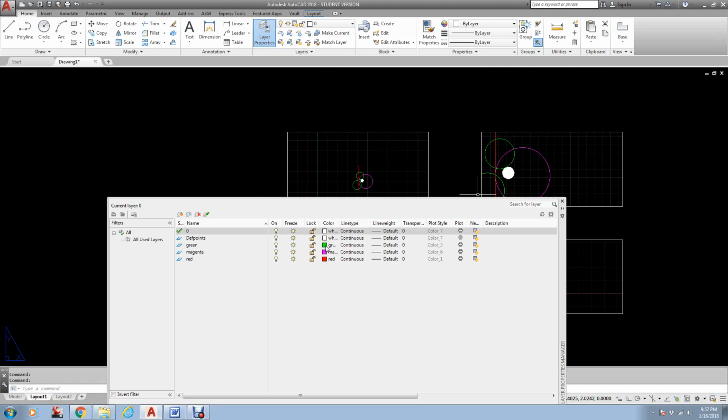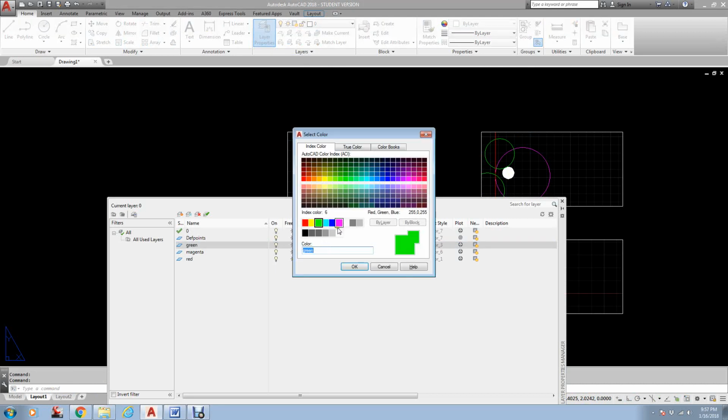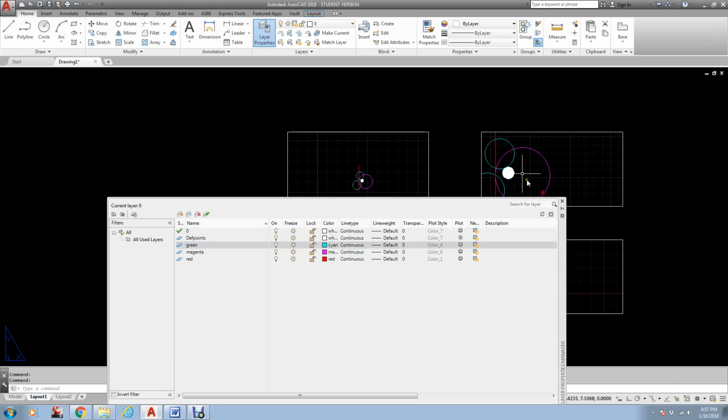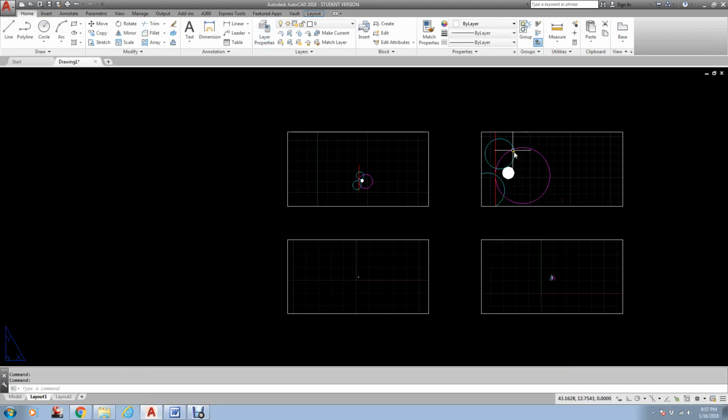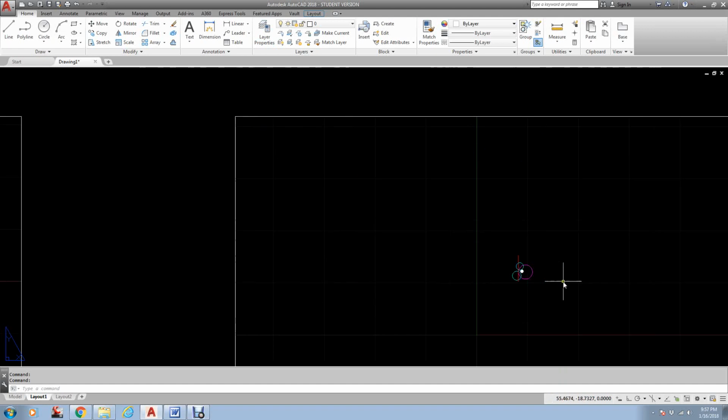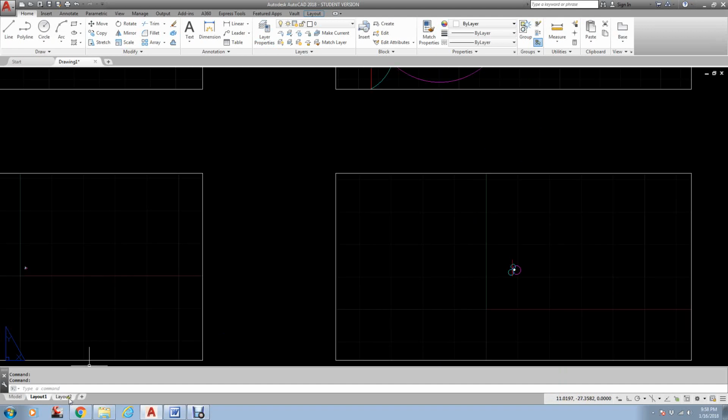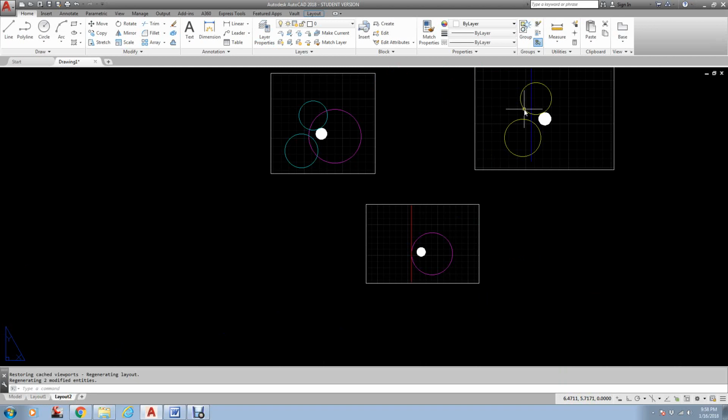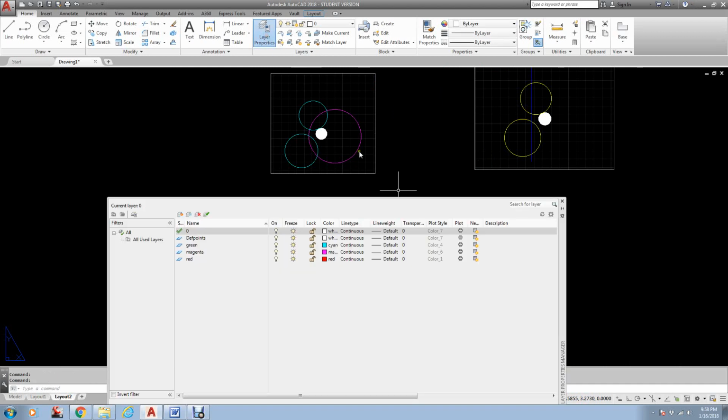If I change the green to cyan, as you can see, these changed to cyan, this changed to cyan, this did. But when I go back over here, these didn't. Okay, because I made the change in the viewport. When you open up the layer properties,